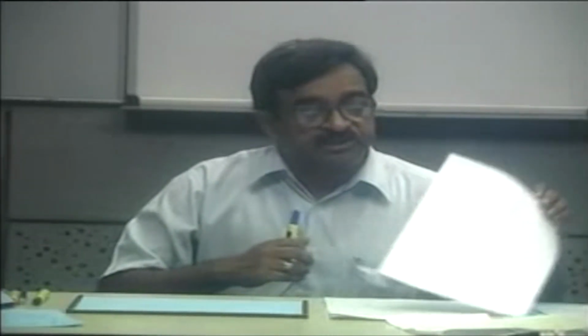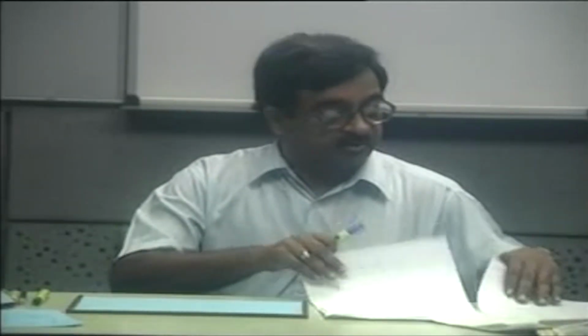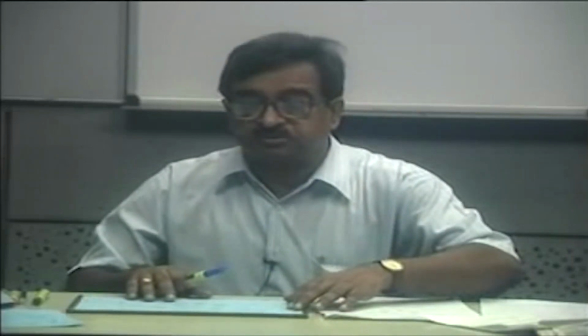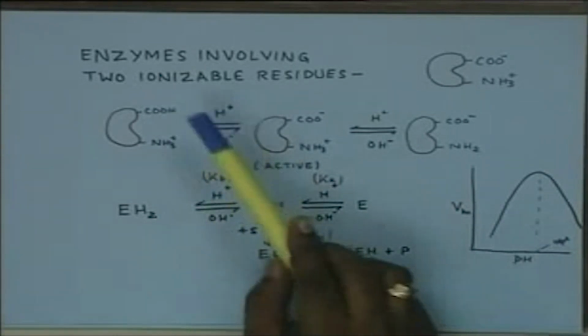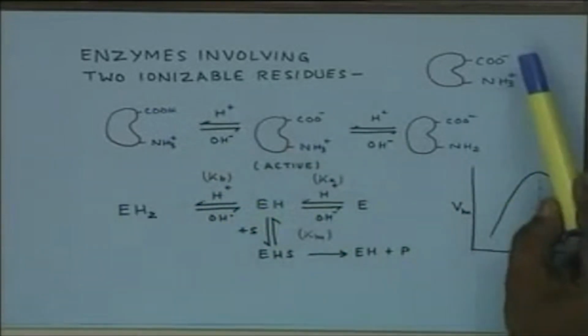But if you take a little more realistic case, which again in many cases may be true, instead of one amino acid residue, we have two ionizable residues. There might be more than two amino acid residues involved in the active site, but they may be non-polar,